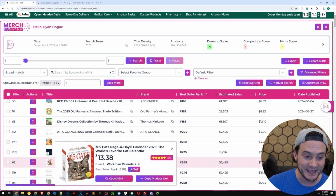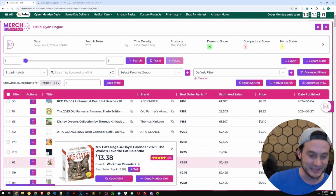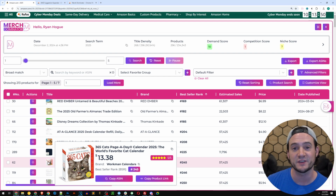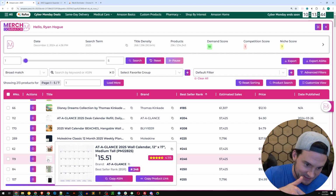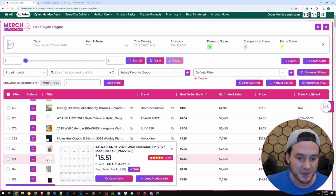Okay. Again, I didn't know what we were going to find. 365 Cats page a day calendar. So there is literally one page for every day of the 2025 year and a different cat on each page. That is another interesting aspect for you to play into. Yes, it's a lot of work, but you probably have significantly less competition if you choose to enter that product niche. It's a niche in itself in the cats aspect, but it's also a product niche because it's a specific type of calendar. Another wall calendar,